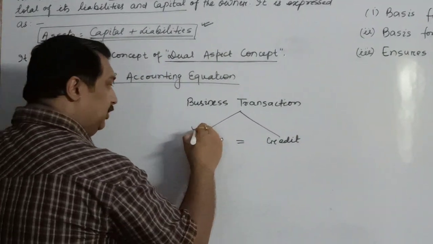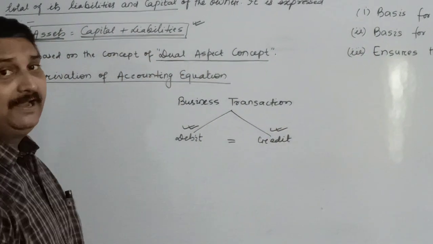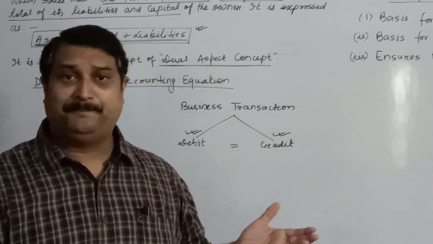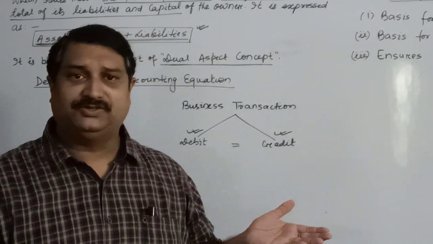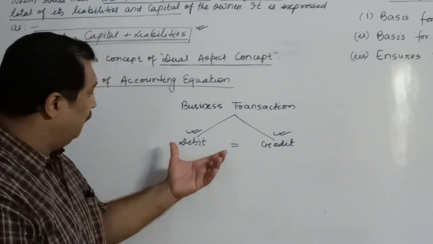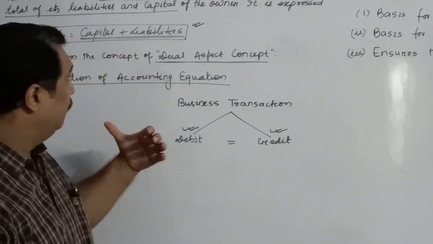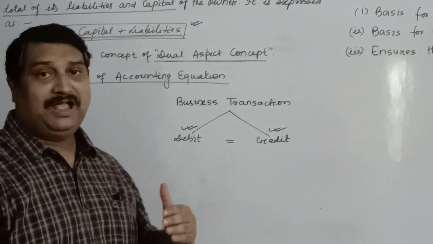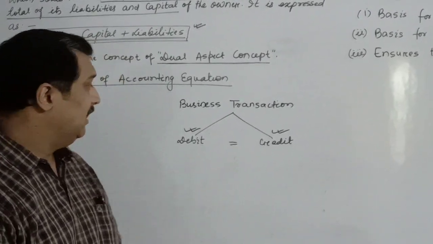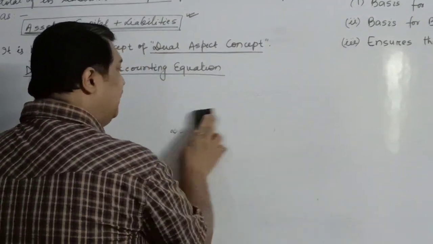That means the total of the debit side is always equal to the total of credit side, and that is why when the balance sheet is prepared, both the sides of the balance sheet are always equal. So now with the help of these two aspects, we are going to derive the accounting equation. But before that, let us understand a basic concept which we have earlier already discussed,